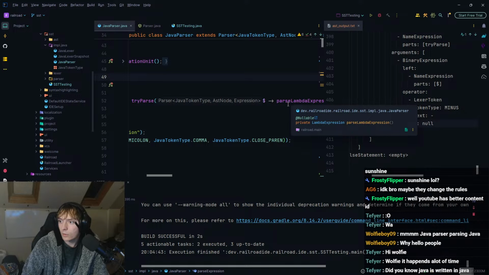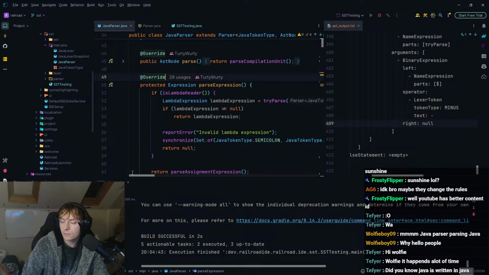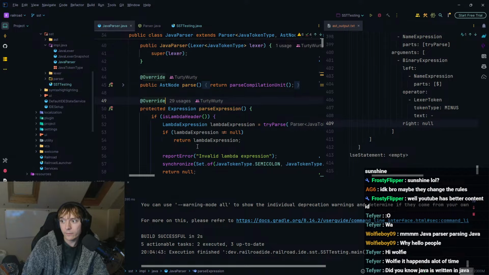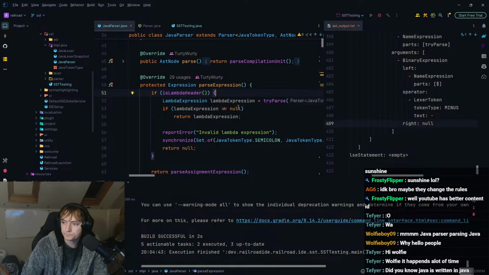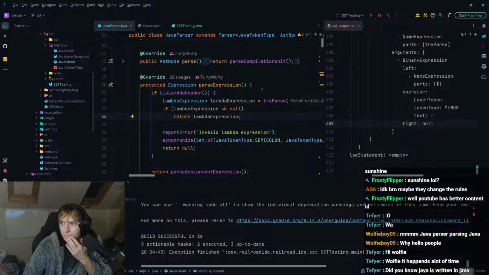So basically we need to look at why lambdas aren't working. The funny thing is I think it's actually just failed in this method. I think this is actually where the issue is, which is kind of funny that it's failed trying to pass a lambda because the code that passes the lambda is wrong, but it failed there because there's a lambda there. It's stupid, but that makes sense. The question, I guess, is why?